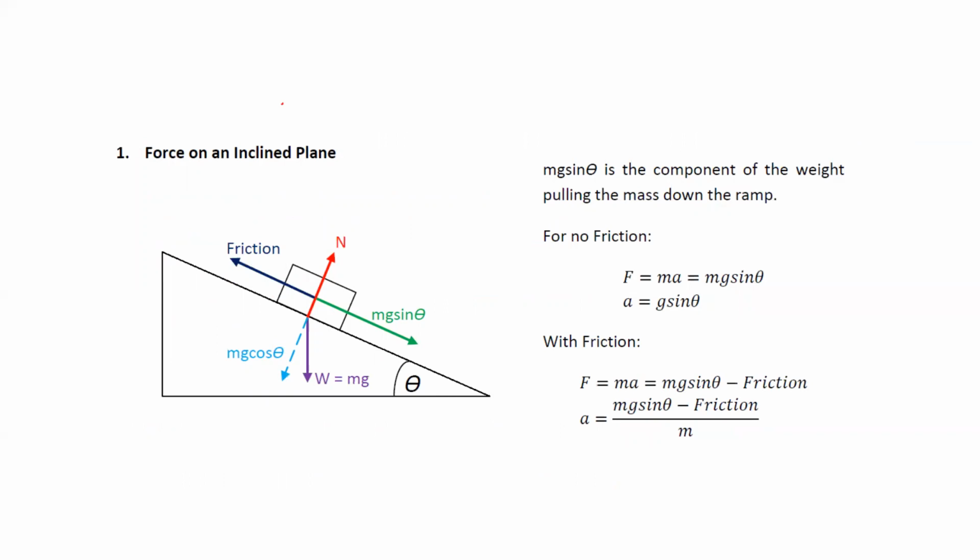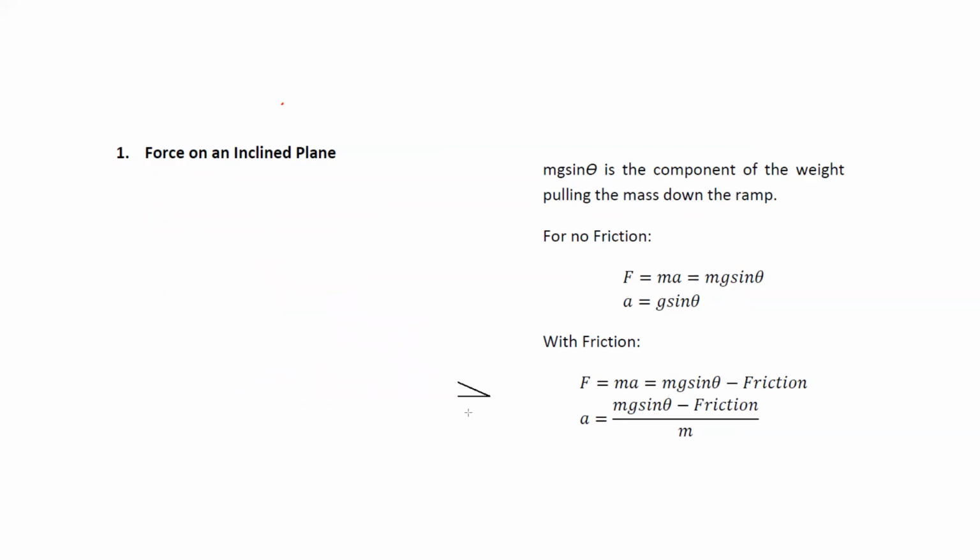Then different scenarios in which we write the equation. For example, force on the inclined surface. So if we say this object is stationary or at rest on the inclined surface, so when the object is at rest on an inclined surface, how can we find its acceleration on the inclined surface?